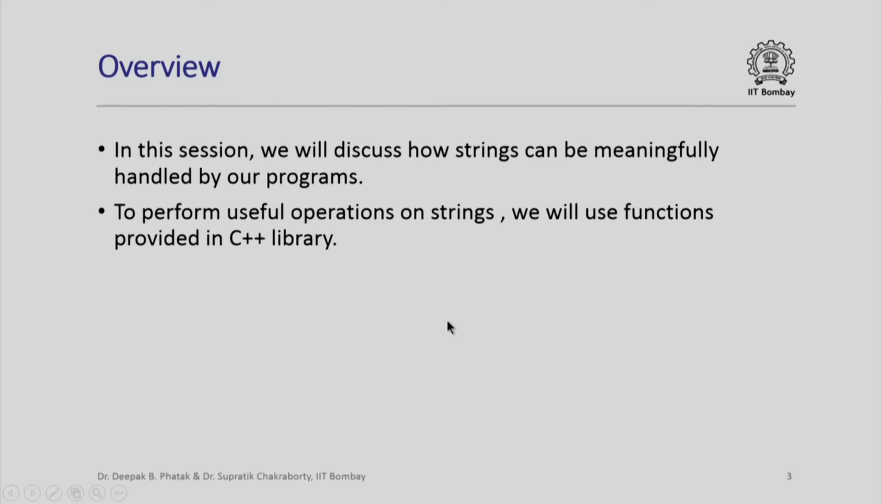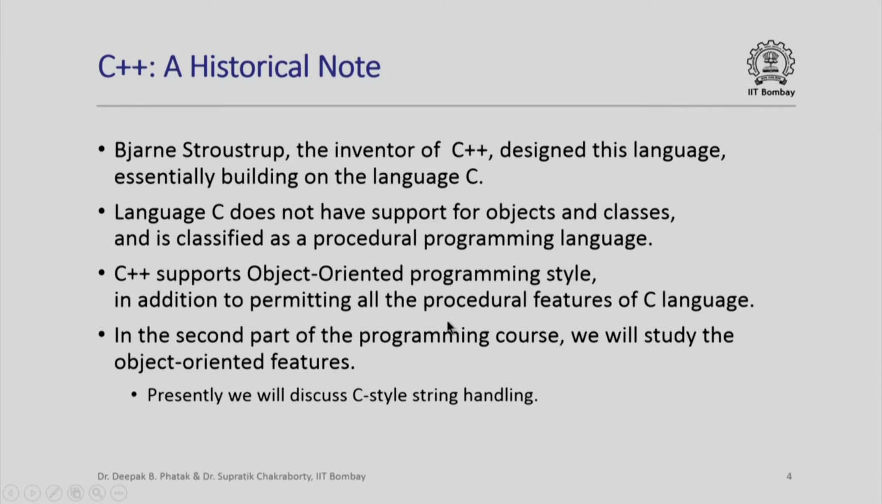To see why it is so, it is useful to look at some historical context. Bjarne Stroustrup, who invented C++, designed this language essentially building on the language C which existed then. The language C does not support objects and object oriented programming. It is classified in fact as a procedural programming language. C++ on the other hand was designed to support object oriented programming style in addition to permitting all the procedural